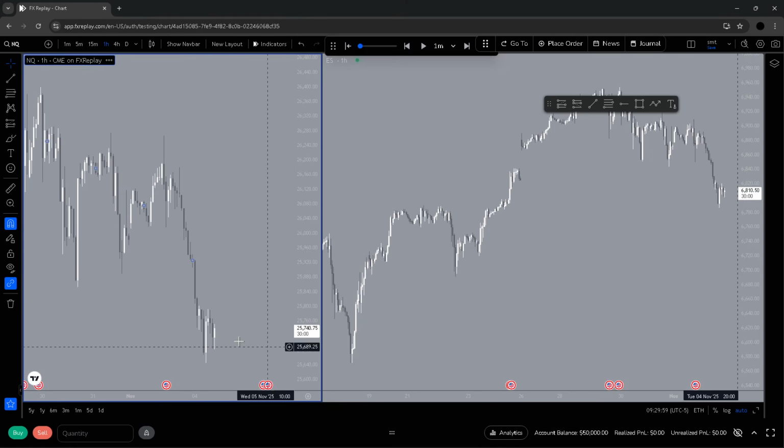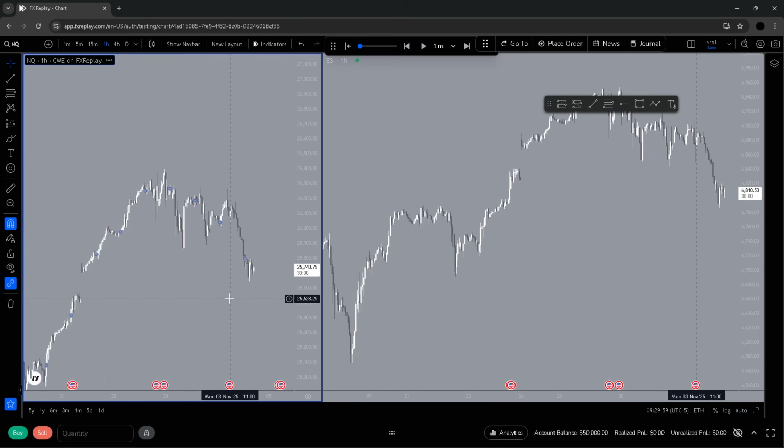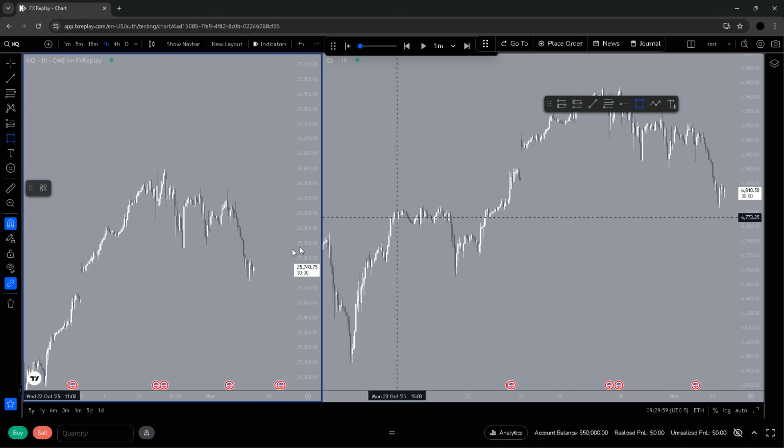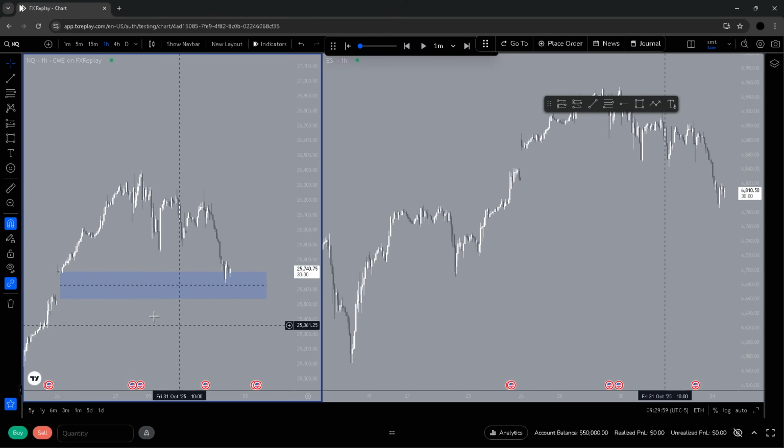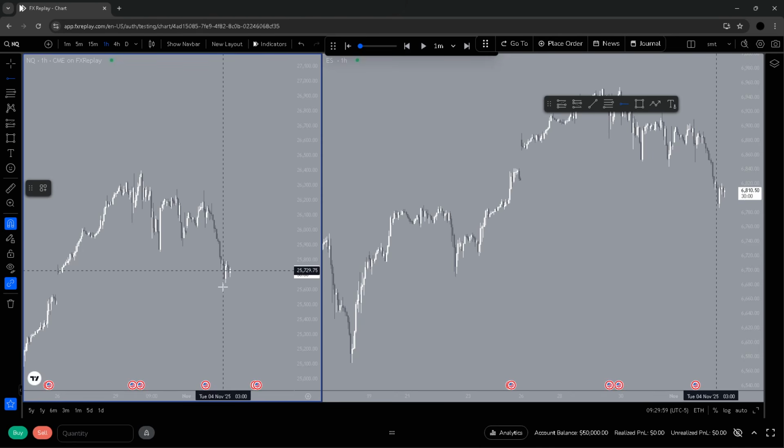So to start off the session, let's have a look at the higher time frame. We've rebounced into this new week opening gap. So this tells me what? We either want to run the gap or respect the gap and go higher. So what have we done? We've tapped into the gap, respected it, gone higher. Now we're drawing towards this draw on liquidity. So that'd make it bearish until proven wrong.